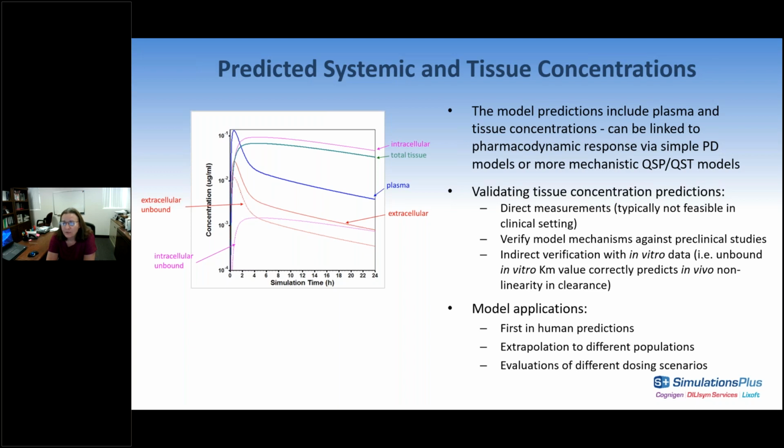And the physiological model is really a great methodology, again, to start predicting or start translating these concentrations and the PK from healthy adults into different populations of interest, because once we know how the critical part of the physiology differs between the healthy adults and the population that we need to simulate, we can incorporate those physiological changes in the PBPK model and start predicting how those changes in physiology would be affecting not only the PK, but with the link to QSP, QST models, also how it would be affecting the pharmacological response.